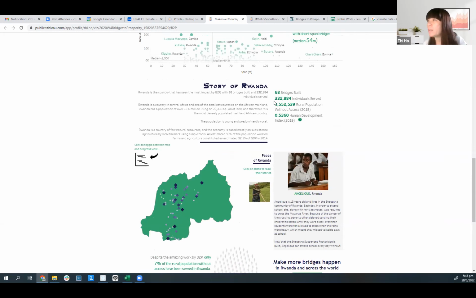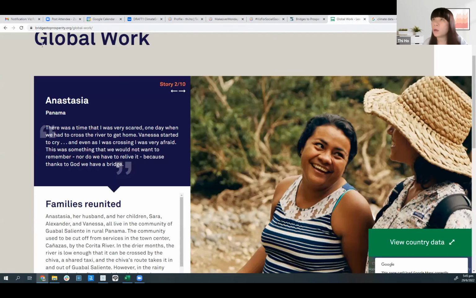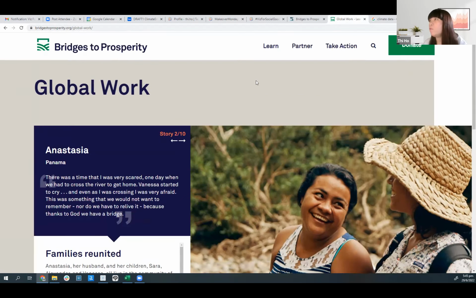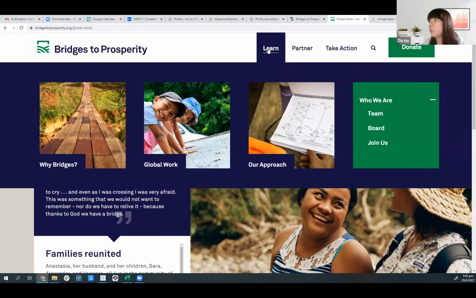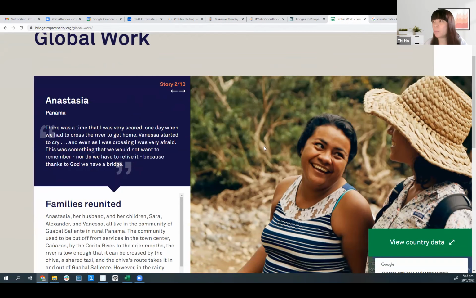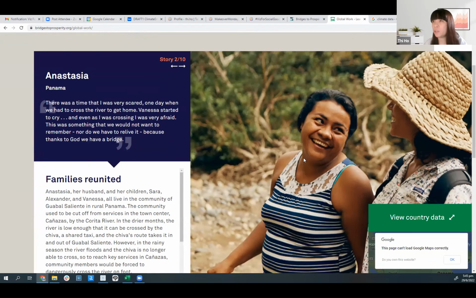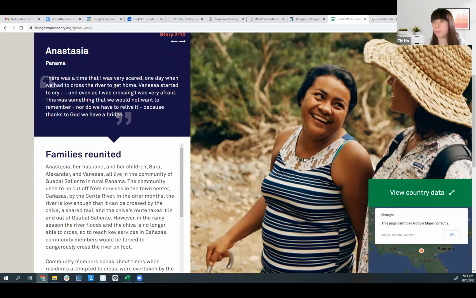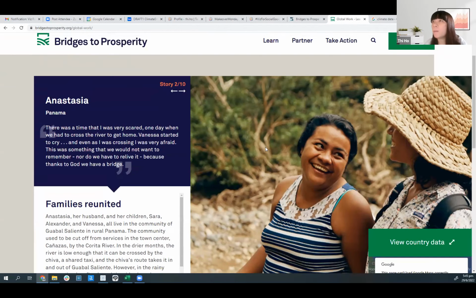So how we can get these stories is again on the Bridges to Prosperity .org website. If you look at Learn and under Global Work, this is what I found. They have a few personal stories here, like stories of people whose lives had been touched by B2P.